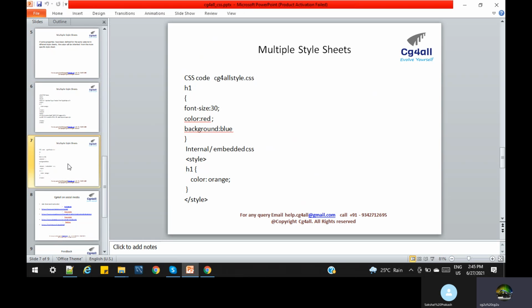Let us understand what it is. In the external sheet we also have H1. So H1 is present in two places: the embedded CSS and the external CSS. So what will the outcome be? The possible way is to take whichever is more local to that particular element. Now this is external CSS and this is internal CSS. The internal CSS is more specific to the element, so the external CSS will be overridden by the internal CSS or embedded CSS. Clear? Now let us understand this example.